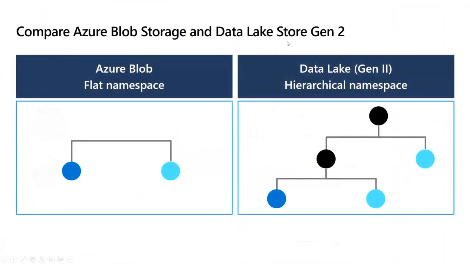Because the Data Lake Storage Generation 2 is based on the Azure blob, right? But with this hierarchy space. And here is the difference. An Azure blob has just a flat hierarchy when you have your data, right? Actually, the blue dots represent a different type of data, whereas the black dots represent the root or parent folder in the hierarchy. So you have here a hierarchy.